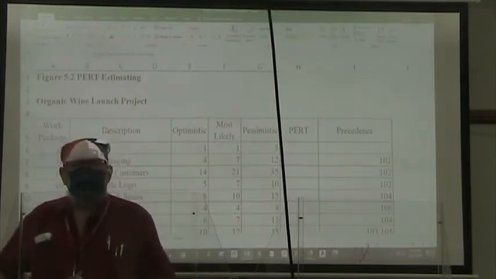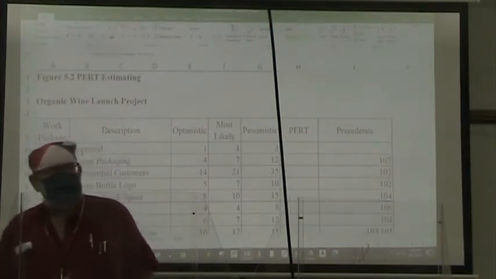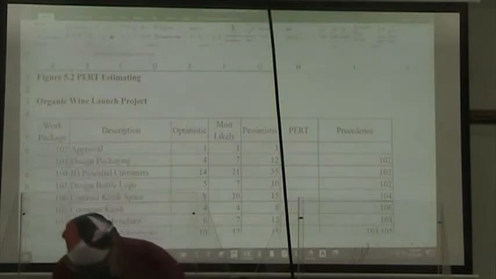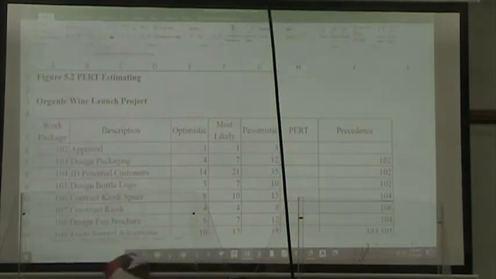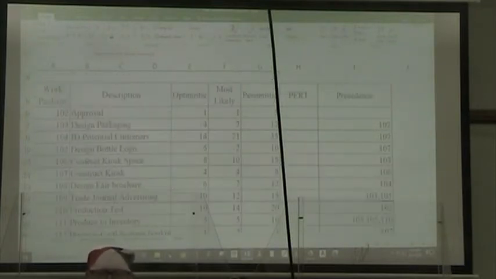Today we are going to go deeper into network node analysis, doing some practical problems and giving you a little bit more information. First, I wanted to talk to you about PERT estimating. PERT stands for Program Evaluation Review Technique. All right, and with PERT, we look at,